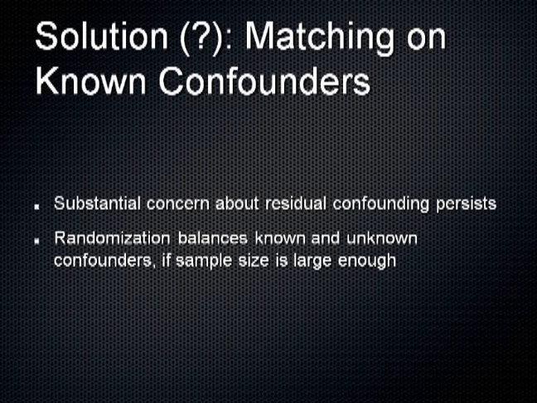It's the same thing. Randomization balances known and unknown confounders if the sample size is large enough, but if you just match on known confounders, you've only gotten part of that taken care of. Again, you can't address the problem of unknown confounders by trying to match, no matter how you do it, even if you use something that sounds like it's very hip and cool.